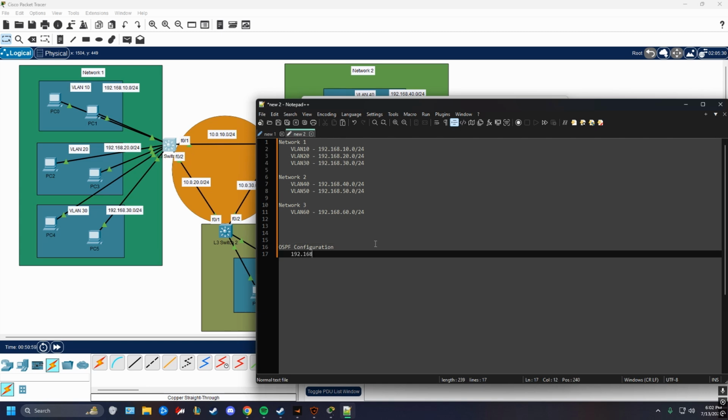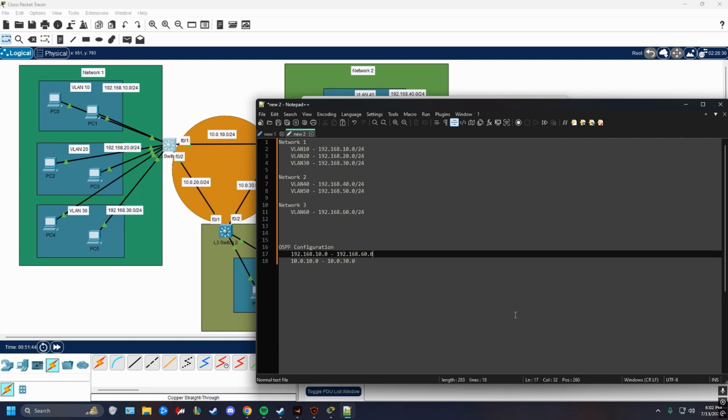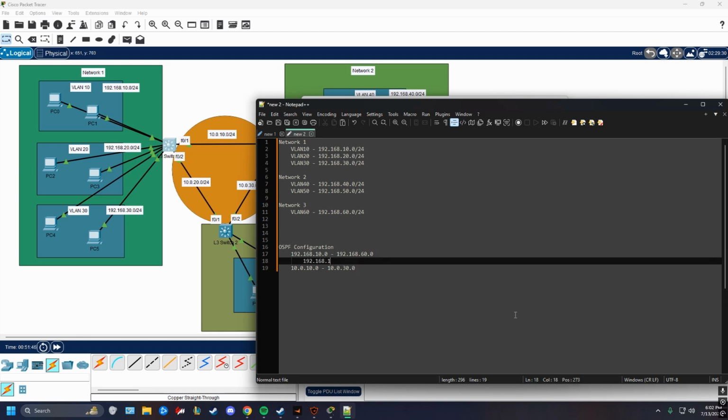So we're going to have 192.168.10.0 going into 192.168.60.0, and then 10.0.10.0 to 10.0.30.0. Now we're not going to be able to exactly input this into the OSPF configuration due to summarization, so